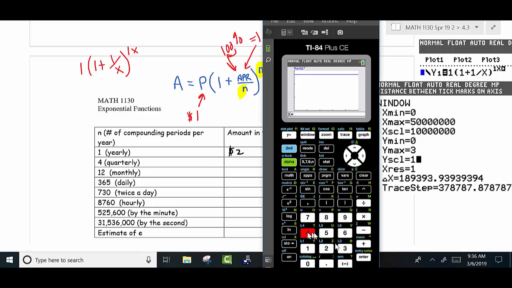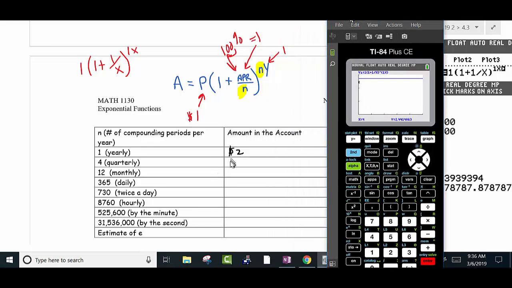So now you can put in a 4. If you were doing compounding quarterly, then the amount of money you would have is approximately this. I'm just going to round this to 2 decimals, so that's about $2.44. Then I'm going to go to 12, and just do this on your calculator, get it set up. That's about $2.61. So you're making more money. Then we're going to go to 365. That's doing interest every day. So that would give you about